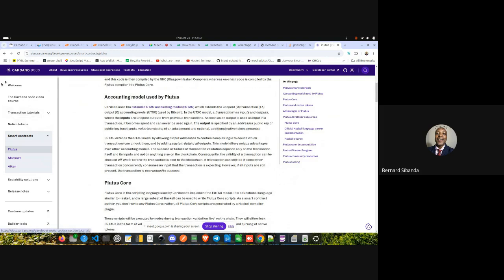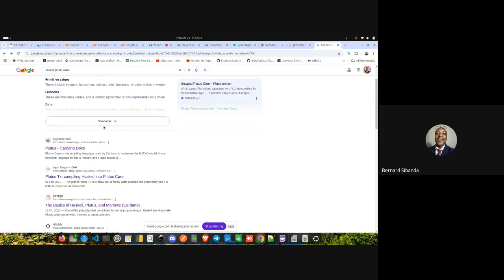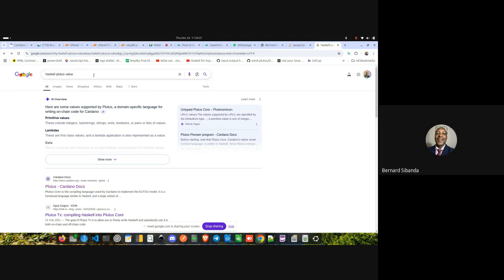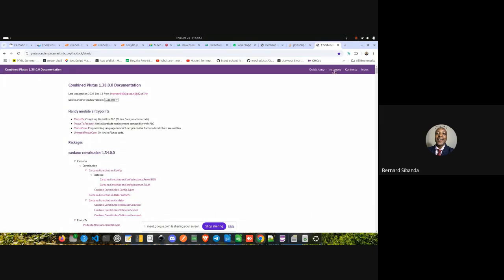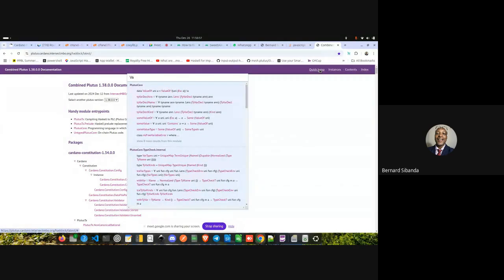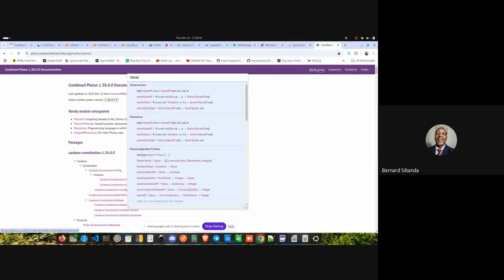I want Haskell Plutus Haddock docs. Let's go value. Yes, this one here. Can check if it opens. Good. Now I am going to search here for value. Normally comes under ledger. I've got a Plutus core. There it is, Plutus core. Value of.